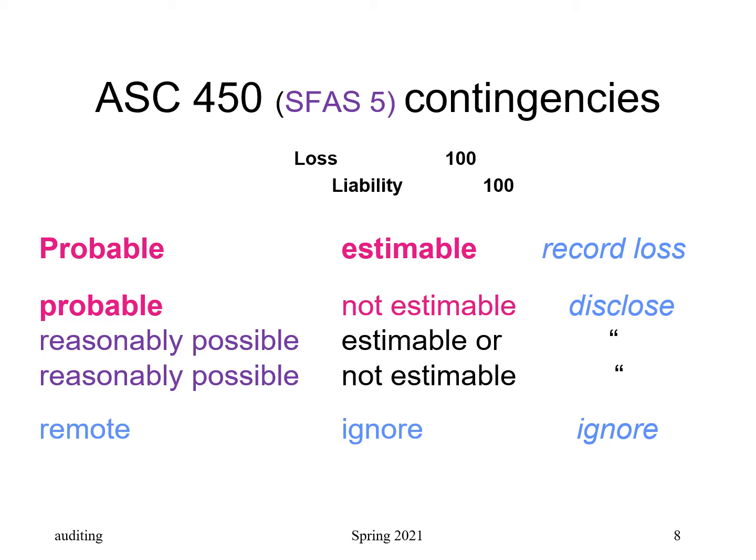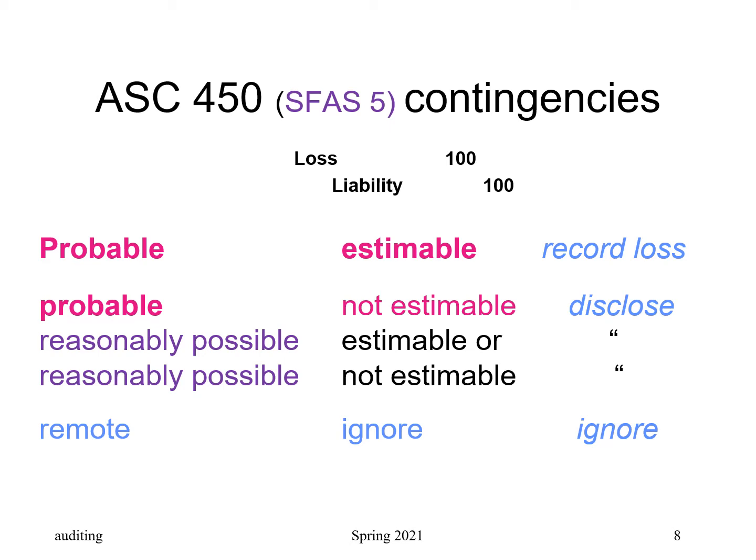Now, these are three important words here because for the most part, accountants deal with uncertainty as probable, reasonably possible, and remote. Probable is what we think is actually going to happen. Remote, it could happen, but it's not going to. Reasonably possible is more likely than remote, but less likely than probable. So these are 3 degrees of uncertainty, words accountants use for uncertainty.